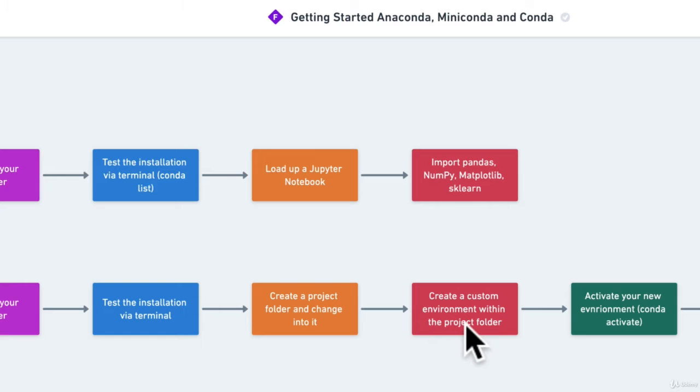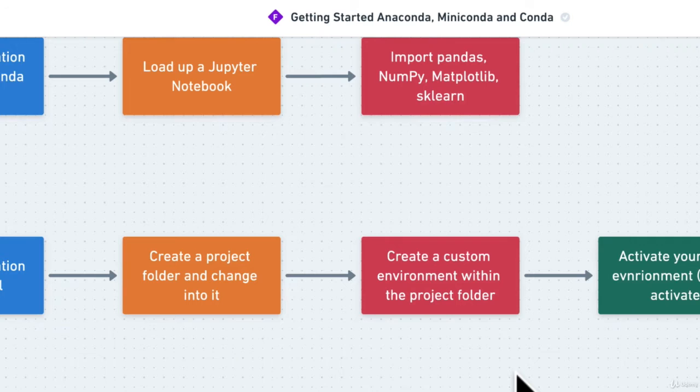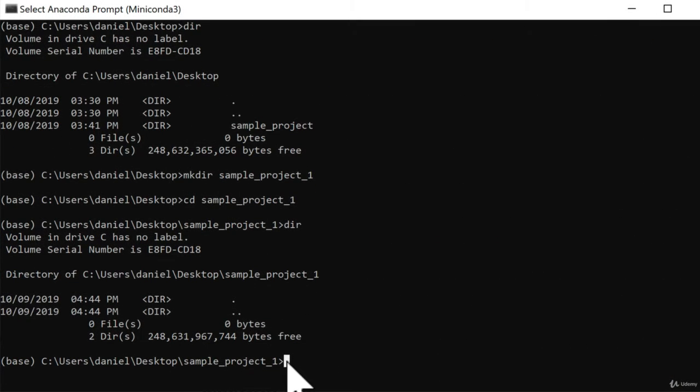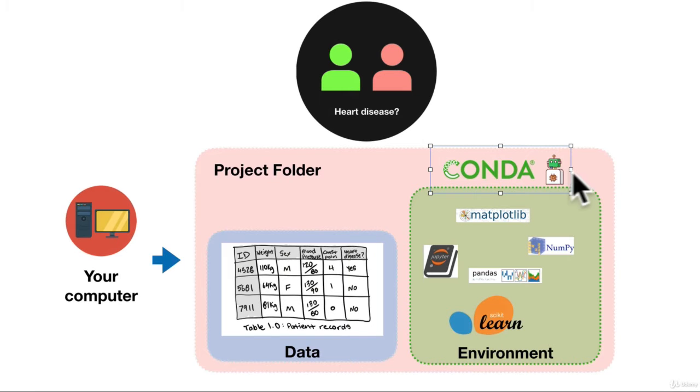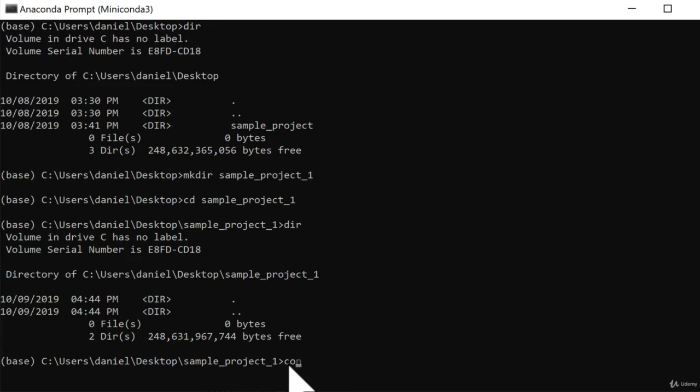Changed into it, create a custom environment within the project folder. Well, let's do that. So to use Conda to create an environment, remember, if we look at this, we're going to use Conda to create this. So that's this step. You can run the command conda. It's like saying, hey, Conda, our personal assistant, create. Then we're going to pass it the prefix tag. And now I'm going to write this out: ./env pandas numpy matplotlib